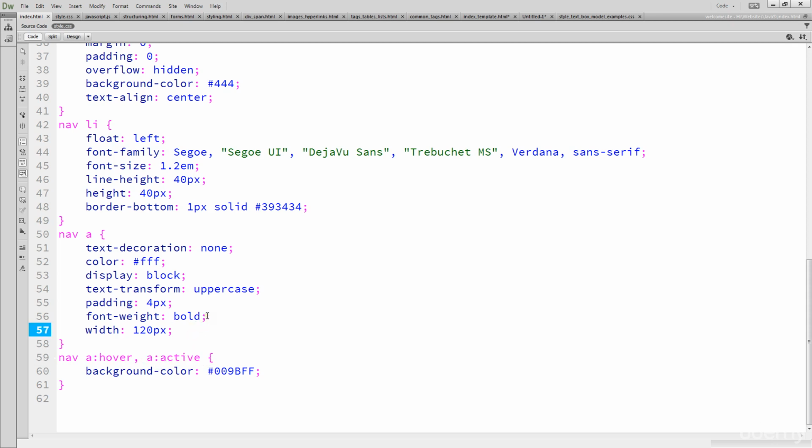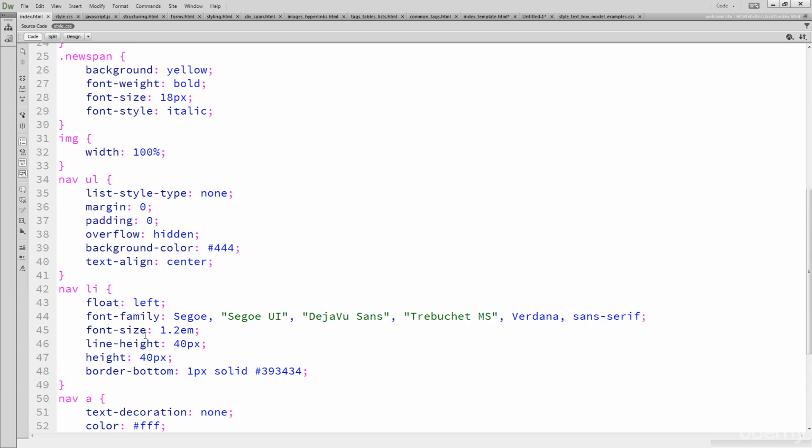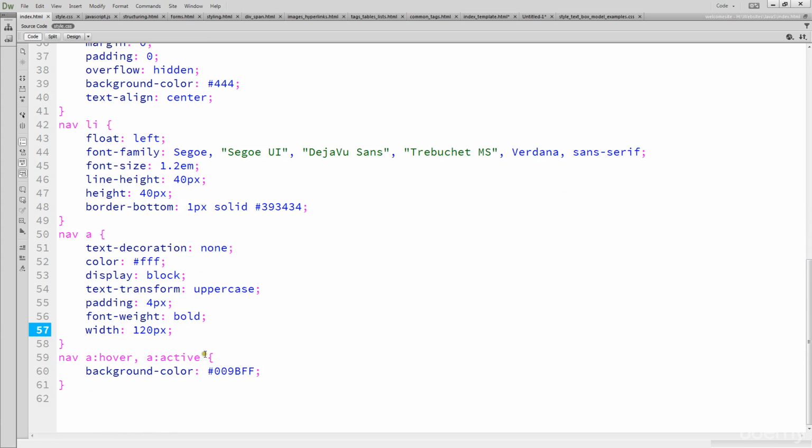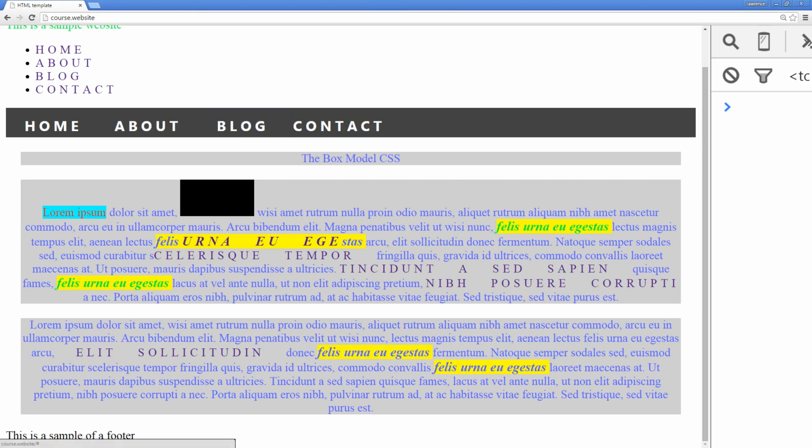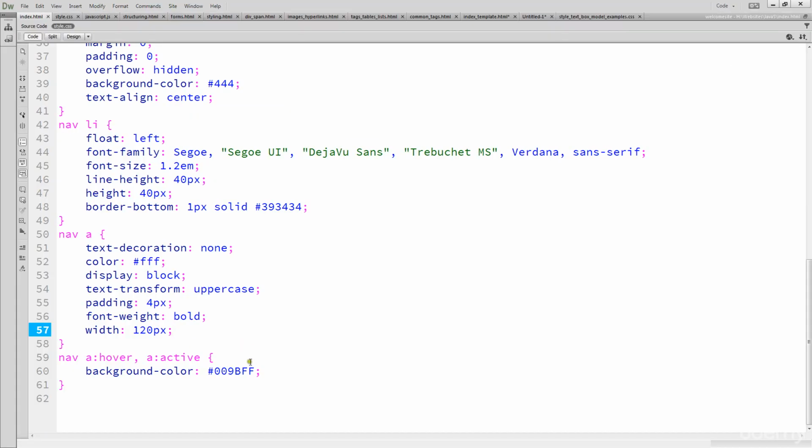Most commonly these are used for links, and we can specify what we want to happen on a hover or on an active. That gives us the ability, when we hover over it, to change the background class. So this is what's known as pseudo classes, and we can really break that down, especially within links. If we had something like nav, we're going to group that nav again, and we've got a link that was visited, and if we want a particular background for only visited elements, we could do something like